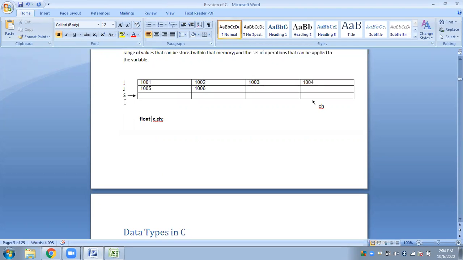So now not only this particular cell will be assigned to C, but this entire row will be assigned to C, because C will be requiring 4 bytes now to store a float value. Similarly, the CH variable will also be assigned 4 bytes of memory cell, so that they can store float values in them, just like I spoke about integers. It's the same way. Is it fine? Is it okay? Variable declaration, any doubts?